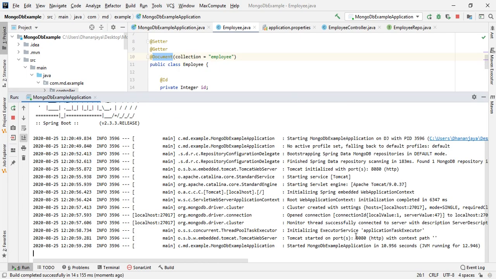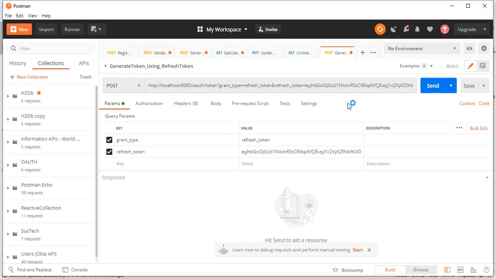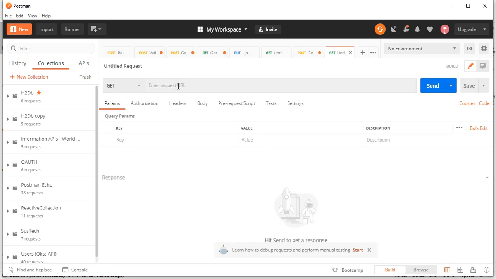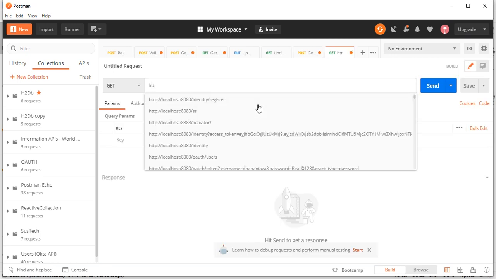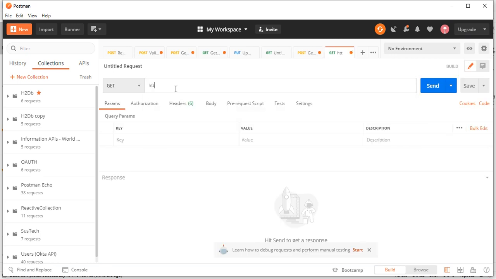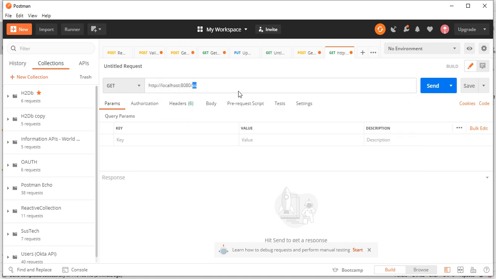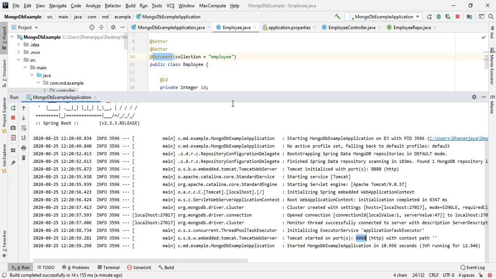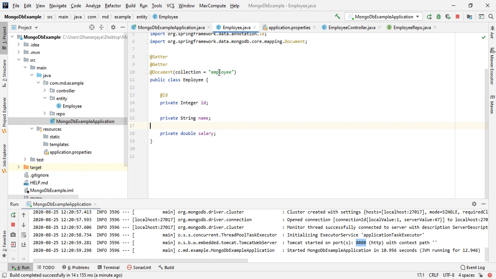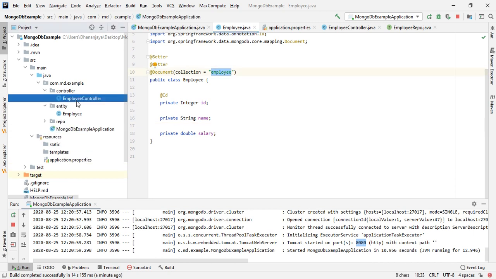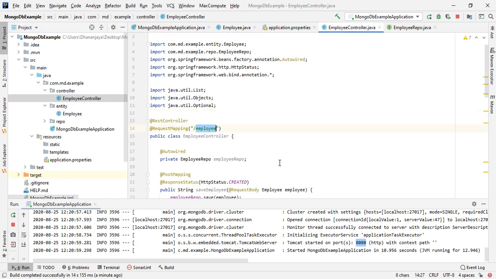Okay, here the application is up and running on port 8080. Let me open Postman. http://localhost:8080/employee. I guess the repository is employee and the controller path is also employee.